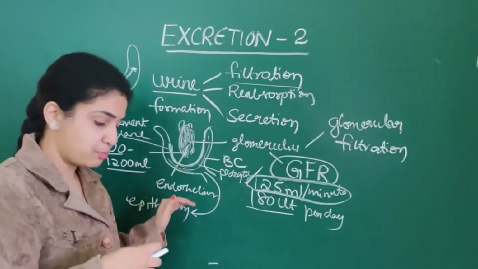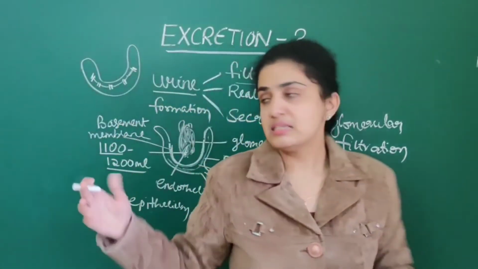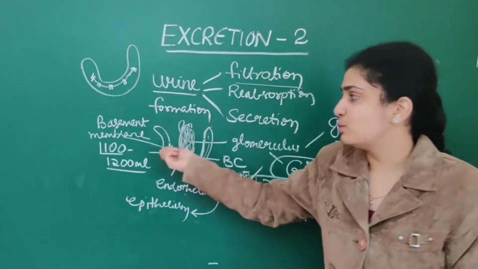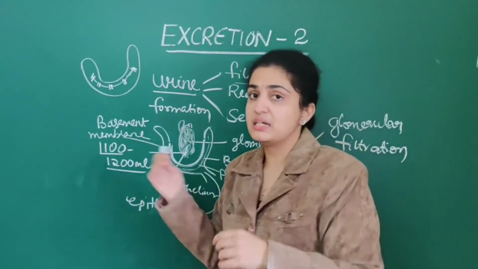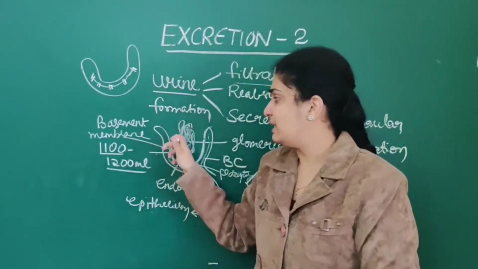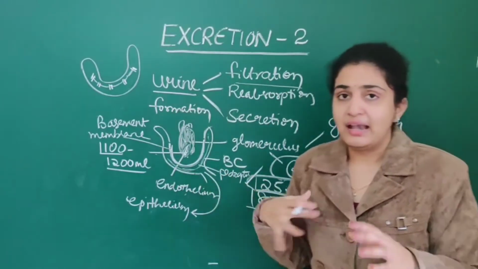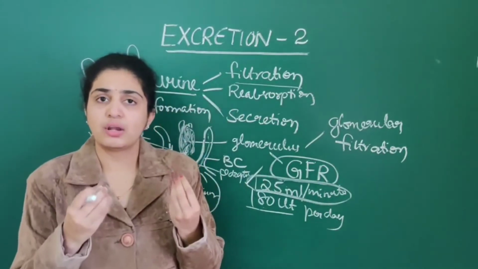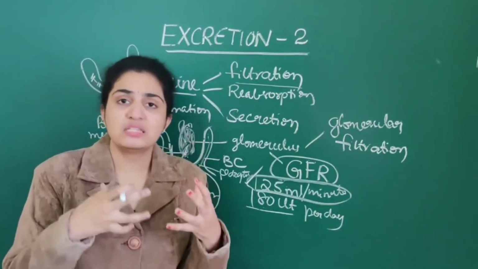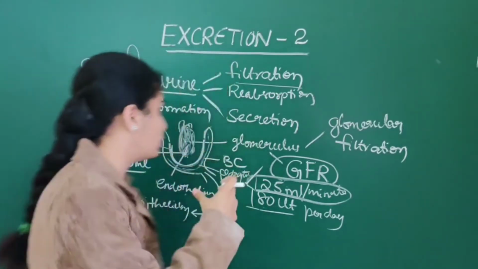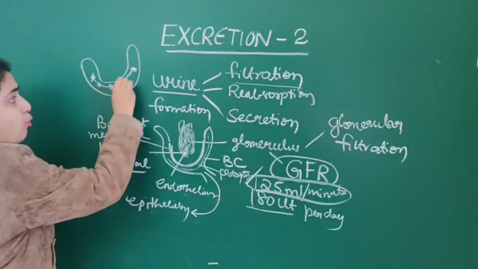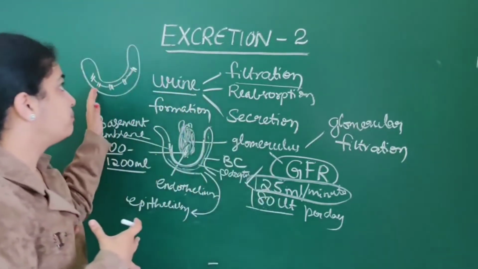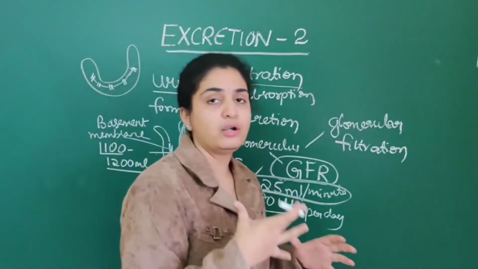So mainly the filtration process takes place by 3 layers. That is the endothelium of glomerulus, the epithelium of the Bowman's capsule as well as the basement membrane that is present in between these two. So these are the main 3 layers. And when it comes to ultrafiltration process, the small amount of electrolytes also should be filtered. This is by ultrafiltration process of the glomerulus, and it takes place by podocytes which are arranged in an intricate manner in the Bowman's capsule. So these podocytes play a very important role in this ultrafiltration process.